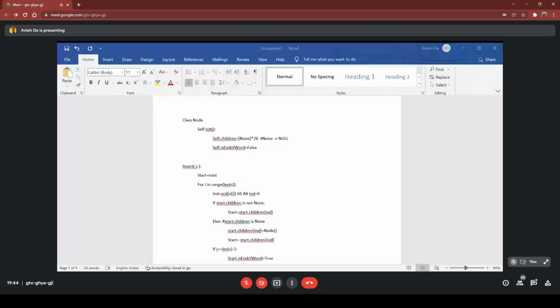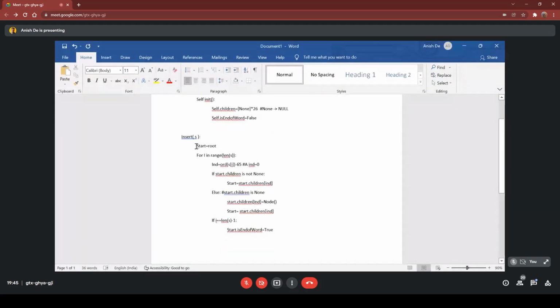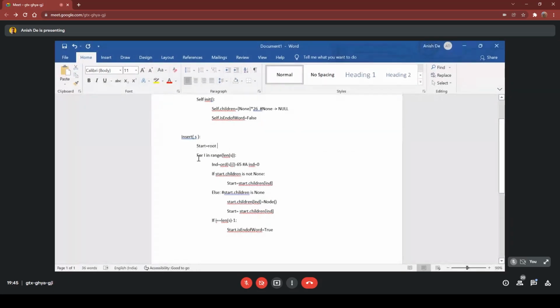Any questions, or we can go to search. Can you summarize once more the code? Okay. So let's say we are starting from the root, and then we are iterating through the string s. We are taking the ASCII value of the ith character of s, and we are checking which index it will be present in.